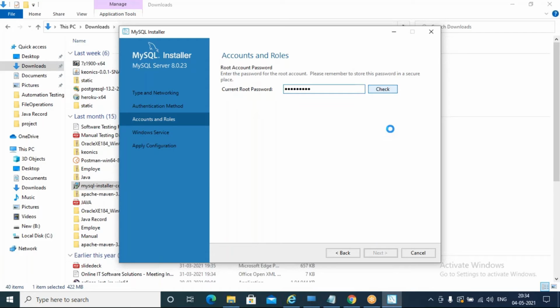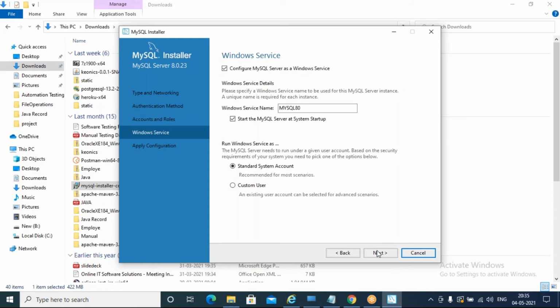Just hit check. It is going to check if you are putting in a strong password or not. One more time I'm going to verify. Okay, my password is fine.